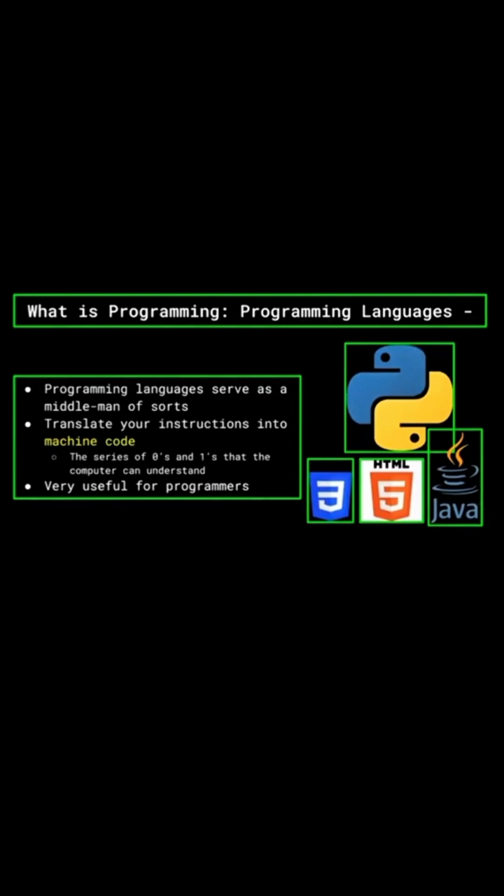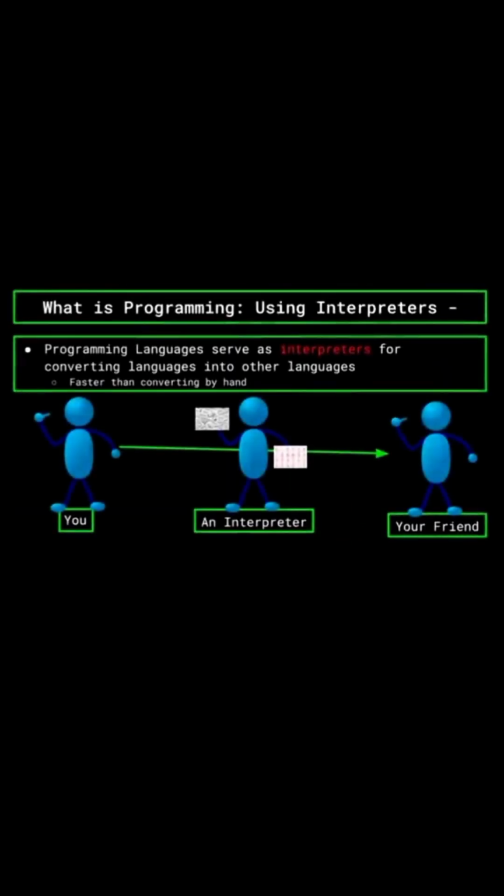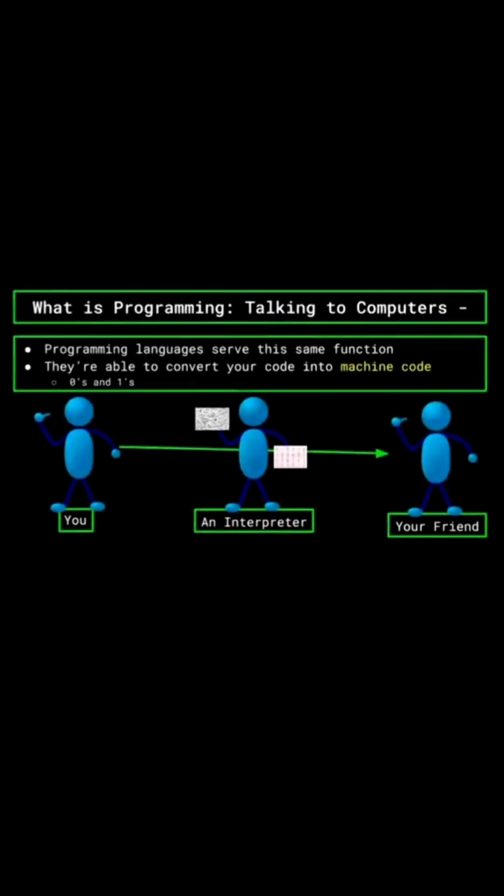Going back to our Lego example, a programming language would sort of be like an interpreter that's able to take the instructions you give them in English and translate them into instructions your non-English speaking friend can understand. This makes programming languages extremely useful and the backbone of any good program. Think of programming languages as not English and not machine code,